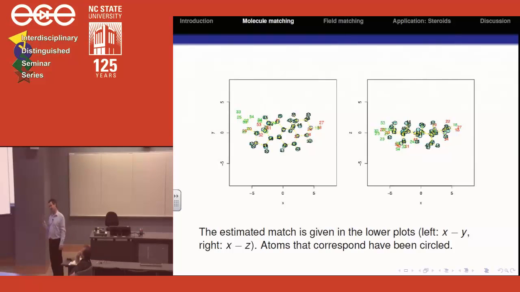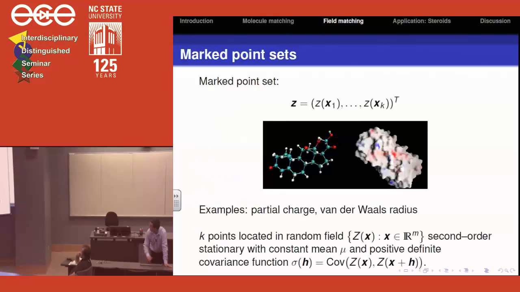So we wanted to investigate a second approach, which actually is more continuous and uses, rather than just the points, a random field model. So that's what I'm actually going to talk about, which is the main part of this. So the field matching